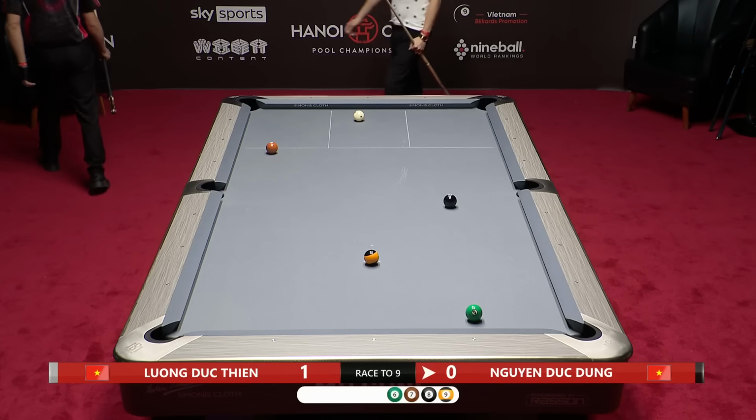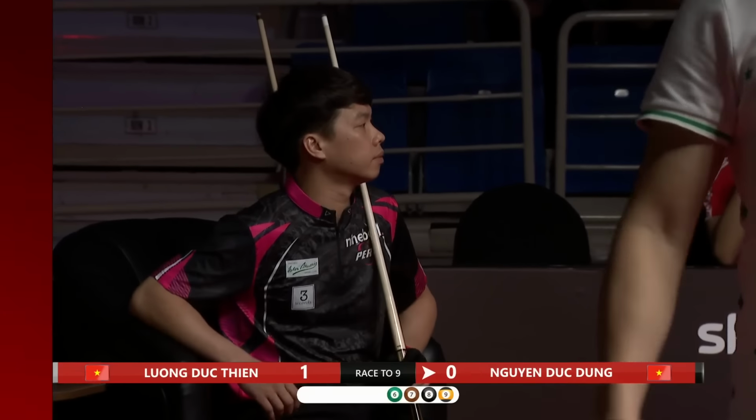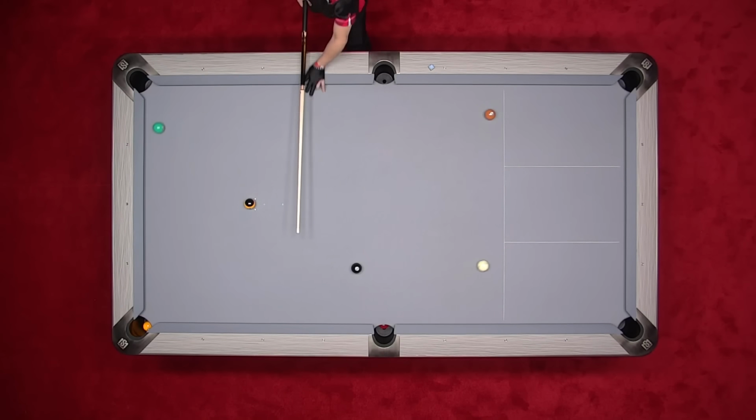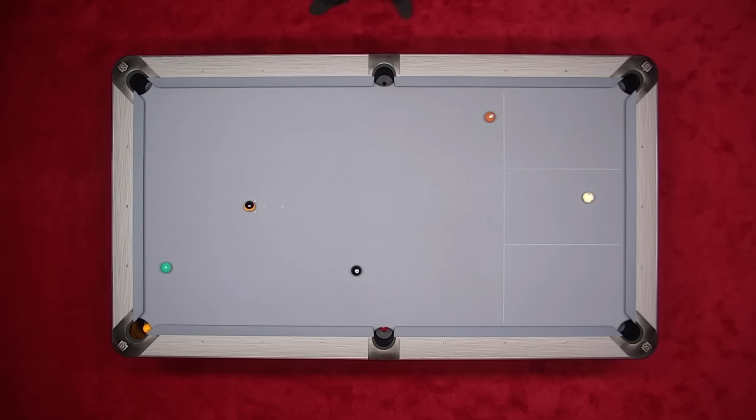Yeah, he's played a bit of a half-hearted shot there. He sort of took the bank on, probably thinking it'll go safe. Cue ball's not really on the 7, slightly overhit it, but this is tough. It's very